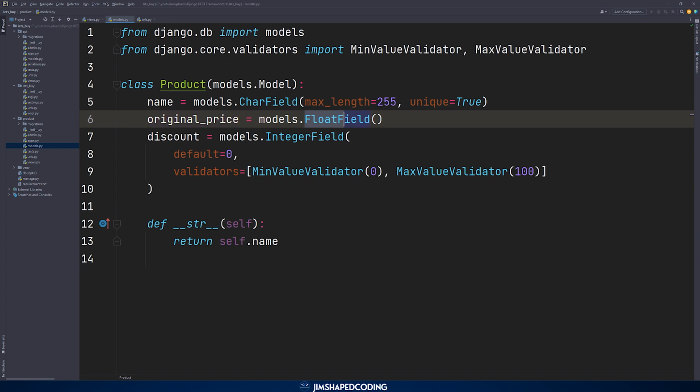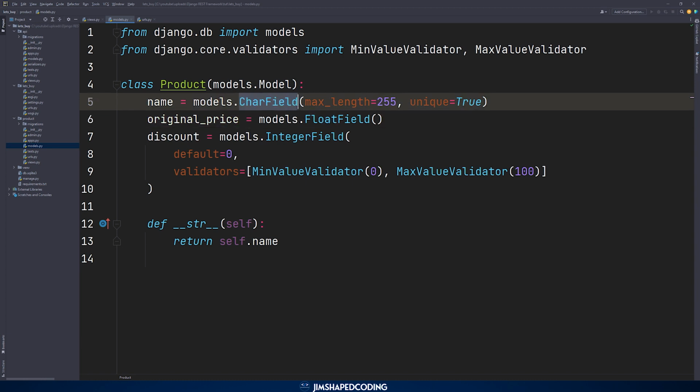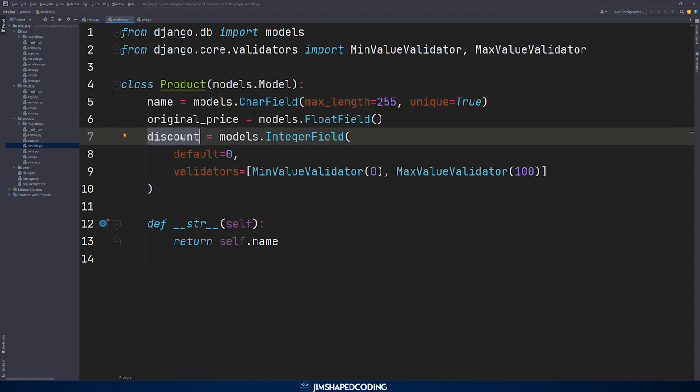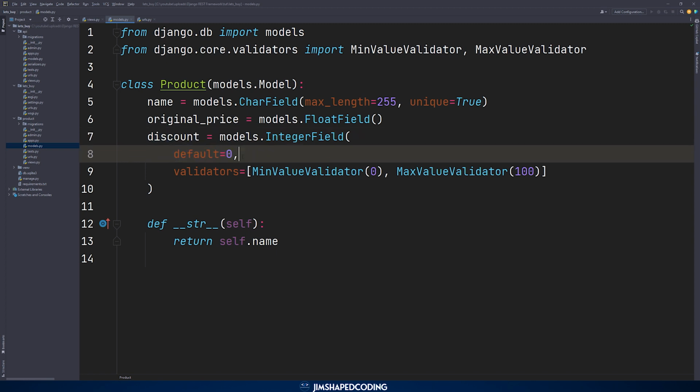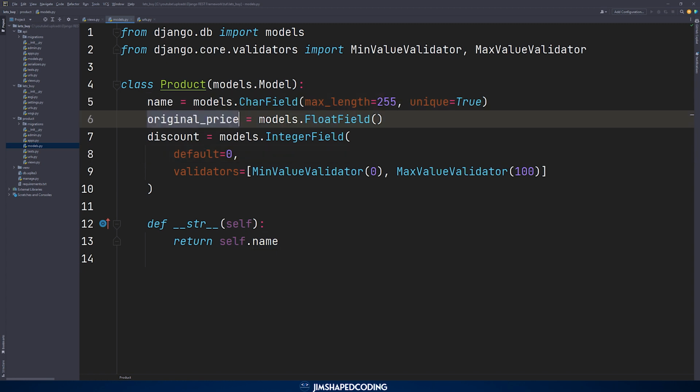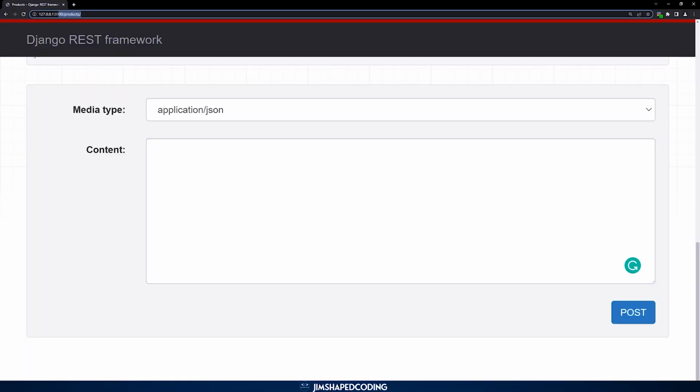Now this is a float field and this is a char field, meaning that it could be a string, and discount is an integer field, but you can see that it is not required because we wrote here default equals 0. So this means that even if a client makes a request that includes the name and the original price, that should be enough. So now I can go to our browser and access the products page in here,